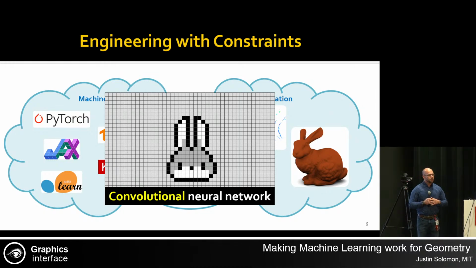Now, of course, there are many ways to bridge that gap. For instance, maybe you take a volume and you look at the indicator of what's inside of the bunny and what's not. But the reality is that convolution is just not an operation that we see all that often in geometry processing, at least without a lot of work to bridge the gap between this nice flat image grid and a curved object sitting in 3D space.